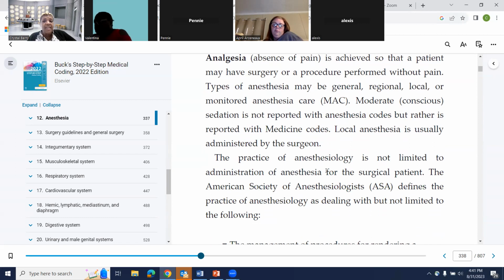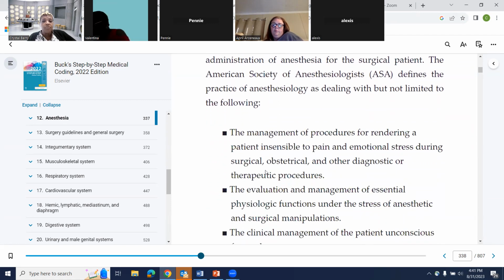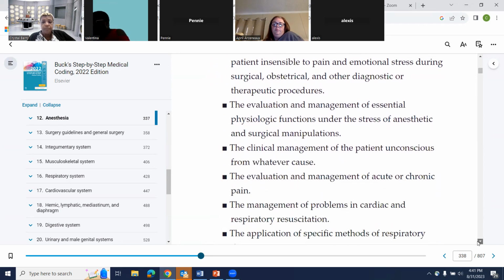The practice of anesthesiology is not limited to administration of anesthesia for surgical patients. The American Society of Anesthesiologists, which is ASA, defines the practice of anesthesiology as dealing with, but not limited to, the following: the management of procedures for rendering a patient insensible to pain and emotional stress during surgical, obstetrical, and other diagnostic or therapeutic procedures, the evaluation and management of essential psychologic functions under the stress of anesthetic and surgical manipulations, the